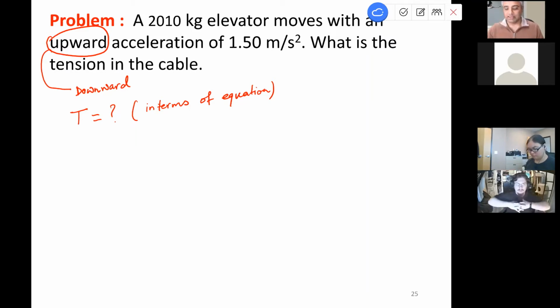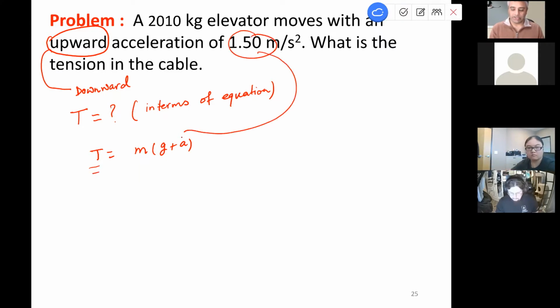So here is one example. Last time we did this for the upward case, and I think we got an answer something like this, if I remember correctly. Okay, so when we have this answer, this tension can be found for any value of acceleration. If it is accelerating larger, there is larger tension on the rope. So if acceleration gets really large, it may snap, it may break because tension becomes really large, right? So that kind of makes sense.